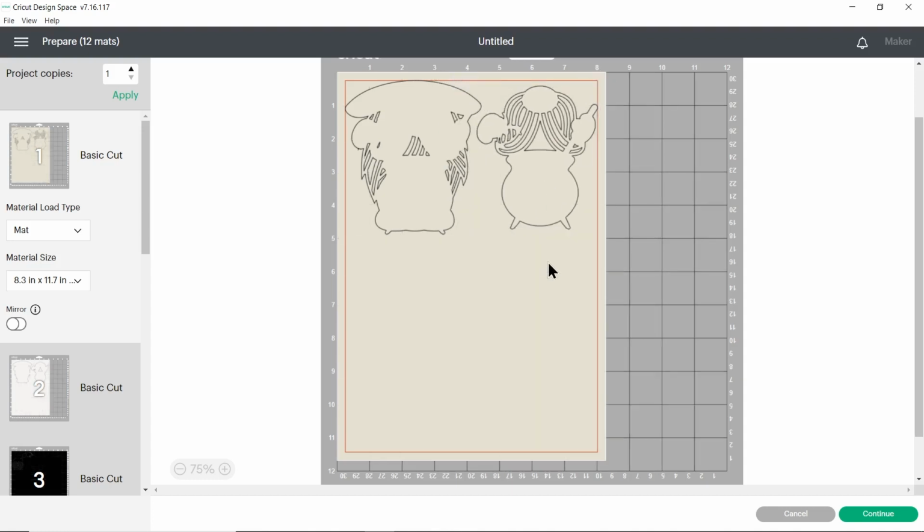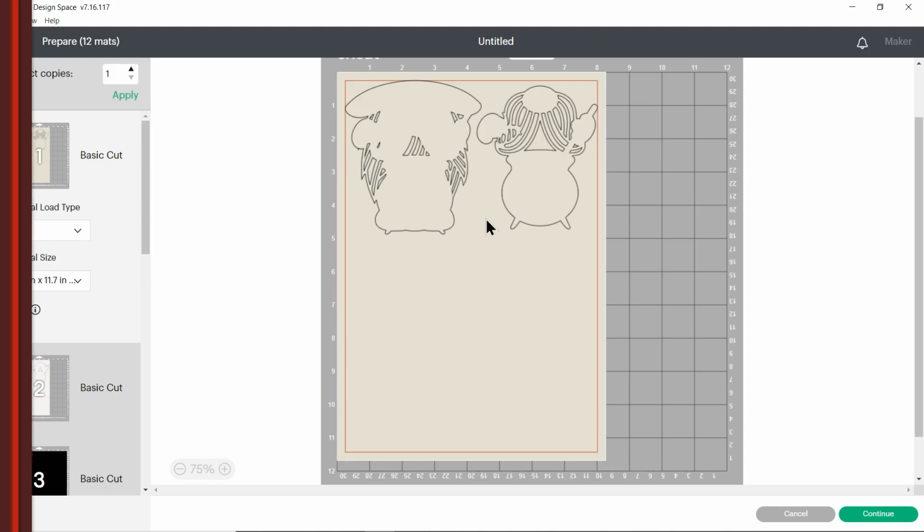So let's move that back over there. There's a nice gap between them. And then go ahead and do your paper size changes and moving about the layers for all of the different colours that you've got. And then when you're happy with how it's all looking, cut everything out from cardstock and then we'll see how to stick it all together.